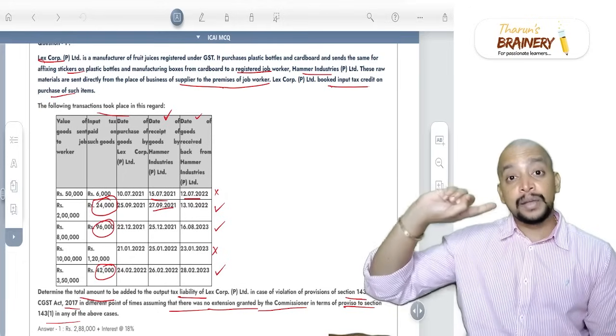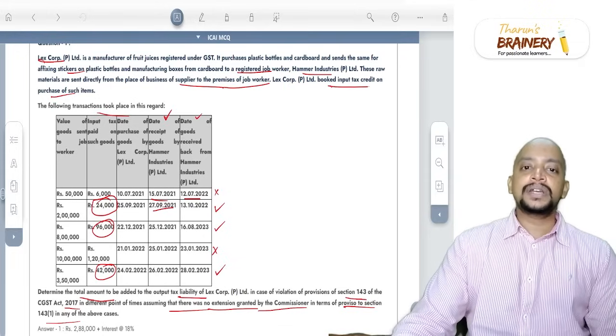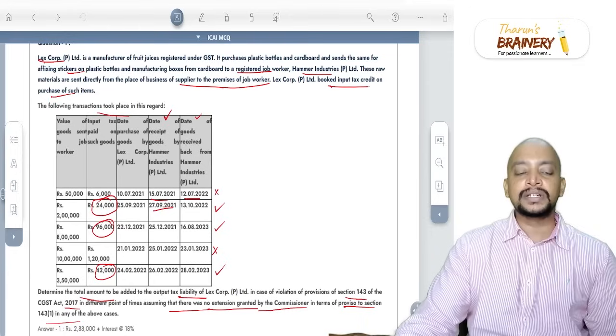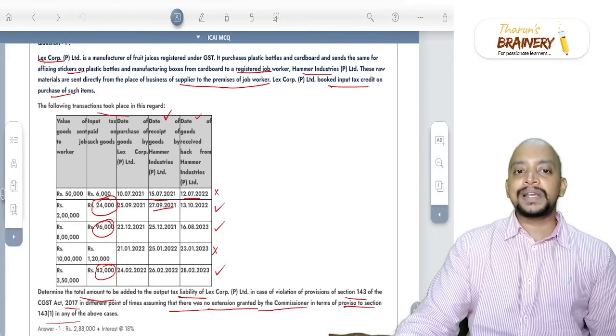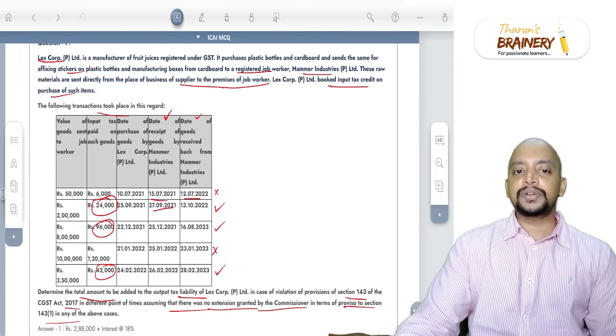The time of supply is at the time of dispatch to the job worker or received by the job worker. So in this case, business of supplier to the premise of job worker, Lexcorp Private Limited booked the input tax credit on purchase of such items. The following transactions took place in this regard: value of goods, input tax paid on such goods, date of purchase of goods by Lexcorp Private Limited, date of receipt of goods by Hammer Industries, and date of goods received back